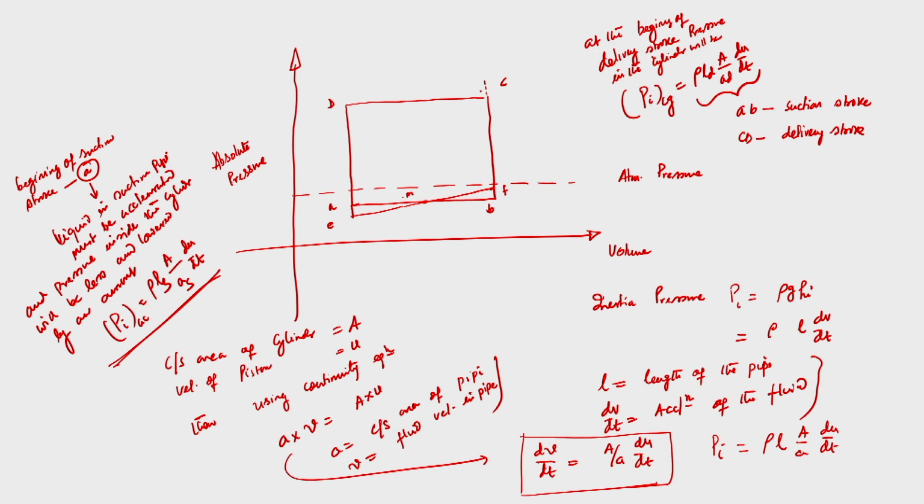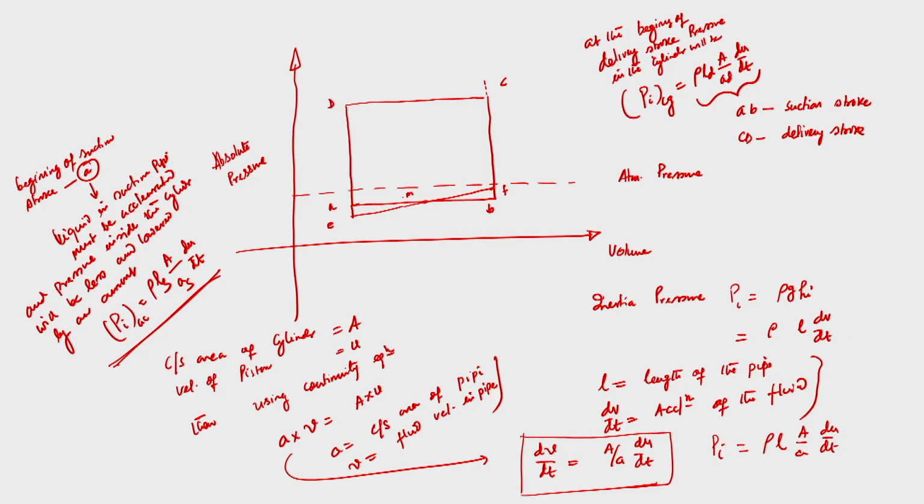Similarly, at the end of the delivery stroke, the pressure in the cylinder will definitely fall, and that fall will be equal to minus Pi Cg. So it is an equal amount, but the pressure will fall. If I connect this line, this is C G, and this is equal to D H. So this H G is the new line.